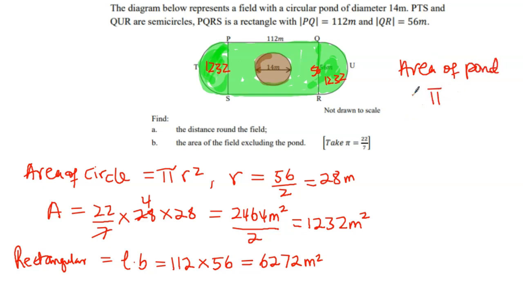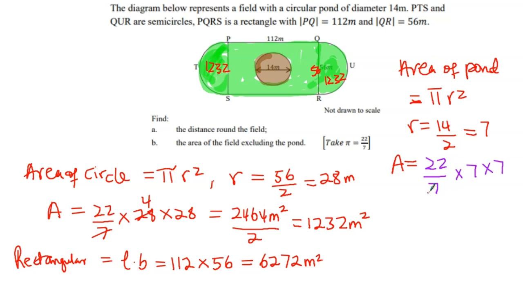So that one too is pi r squared. We need a radius. Radius is going to be 14 divided by 2 because they gave us a diameter. So that's going to be 7. Therefore the area of the pond is 22 over 7 times 7 times 7. Let's take one of the 7s away. 22 times 7 will give us 154 meters squared. Okay, I hope you're following the trend. Therefore, as we are answering B, our answer is going to be